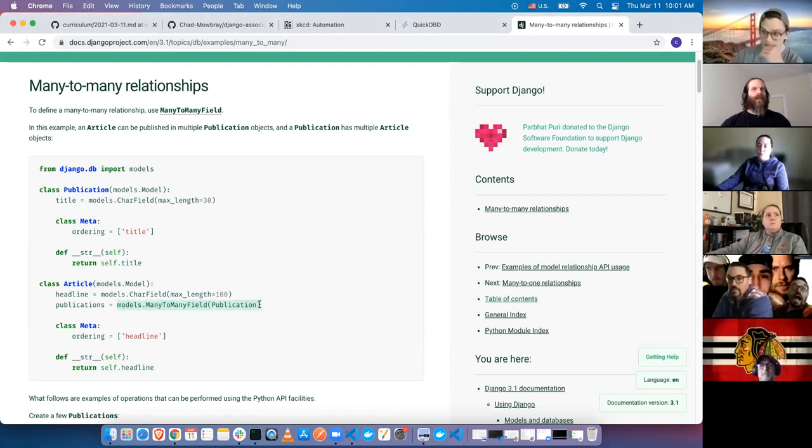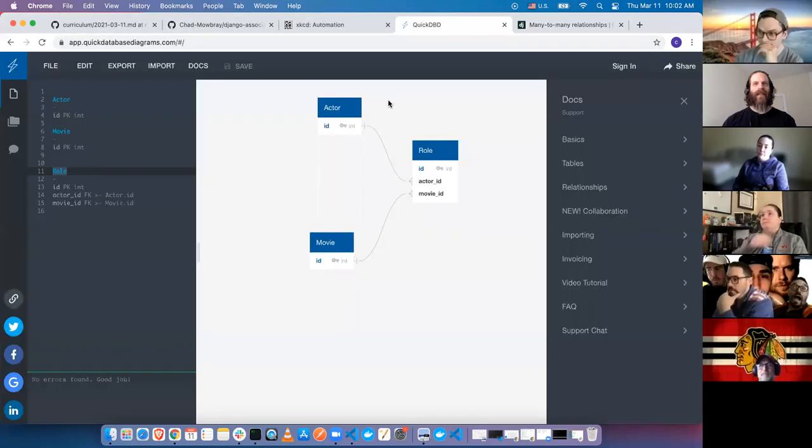So if you just need like an empty join table, like here, so annoying. So this zoom menu pops up. I don't know how to get rid of it. Anyway,